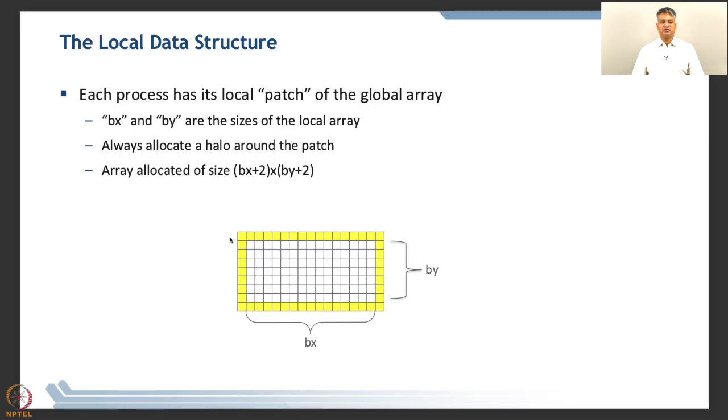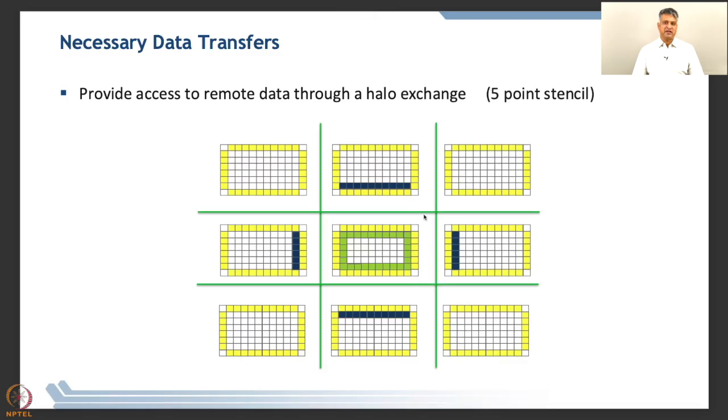So you will have an array of the allocated size bx plus 2 multiplied by by plus 2. This yellow bit of data is going to be used for communication from the different sides of the particular process patch. So if I look at the process patch through a halo exchange, and remember, this is for a 5-point stencil. By 5-point stencil, what do I mean? For any particular point over here, I need information from 4 neighboring points and the 5th point being